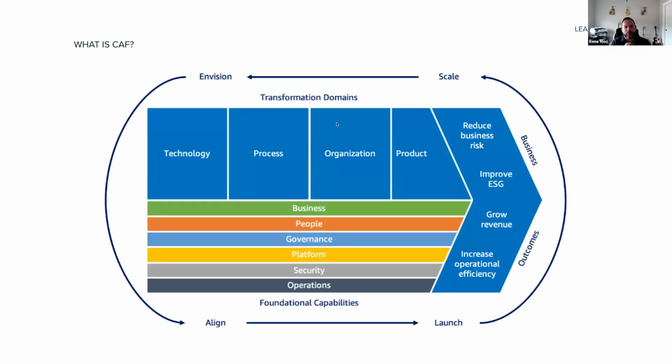Again, this is the big picture. We have a cycle of envision, align, launch, and scale. We have our 4 transformational domains, which I just say are the use cases: technology, process, organization, and product. And your 6 pillars, which are, again, questions that you need to be asking yourself or asking people of, like,